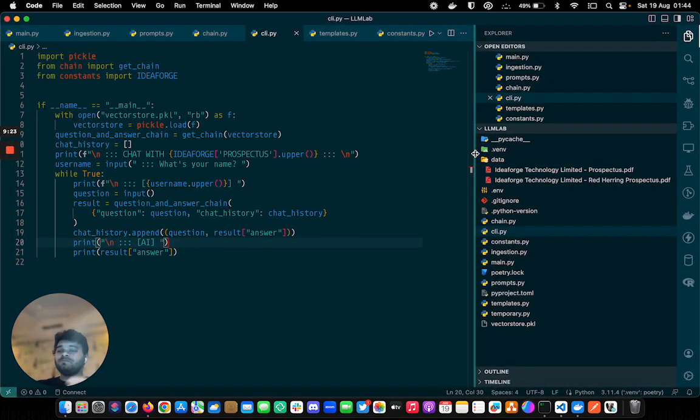So the idea over here is to help the user get information from very long financial documents. One such example of a very long financial document would be the red herring prospectus document. Usually red herring prospectus documents are published by a company before their IPO, and it contains a lot of information about the company, their growth over the past years, the product that they are selling, the services that they are providing,